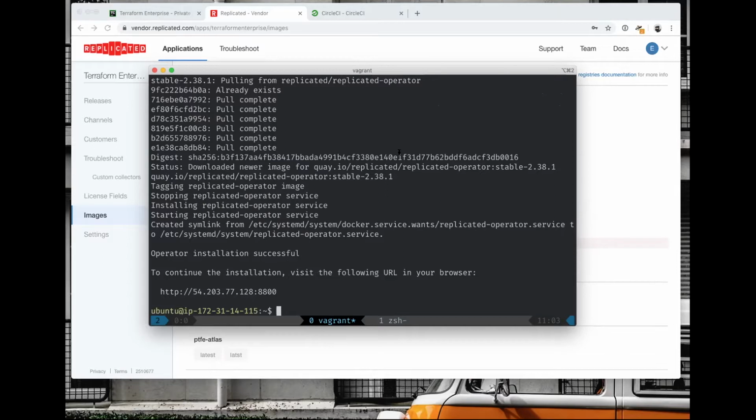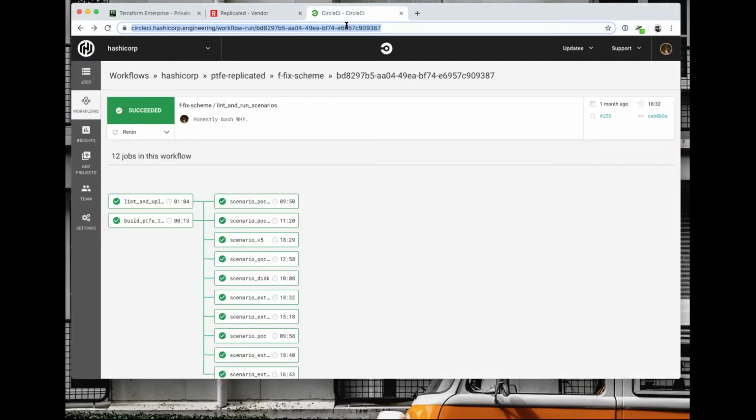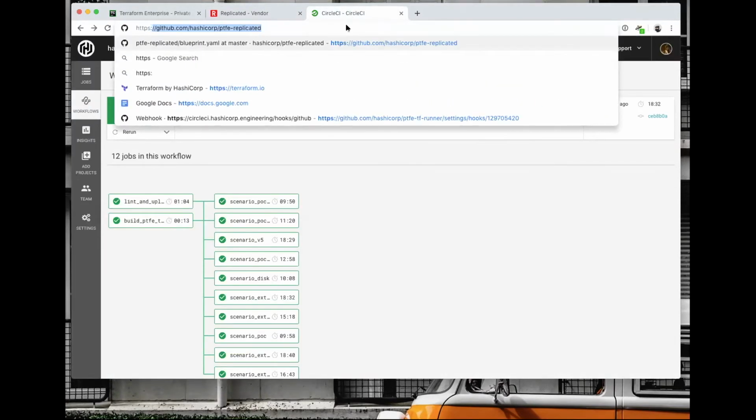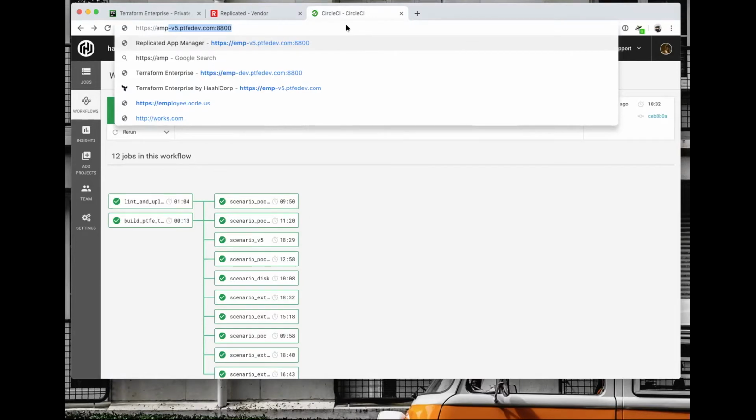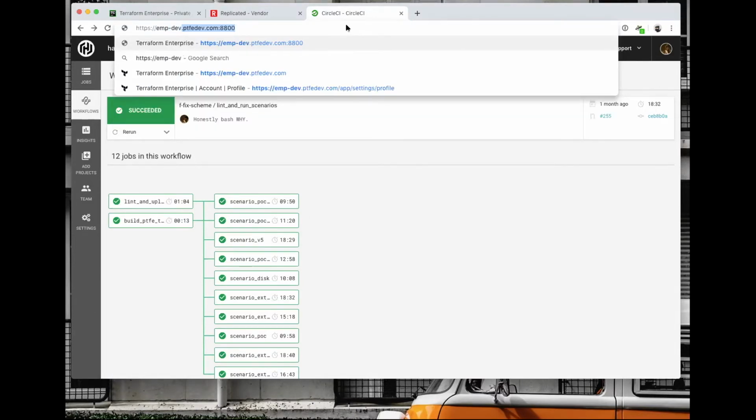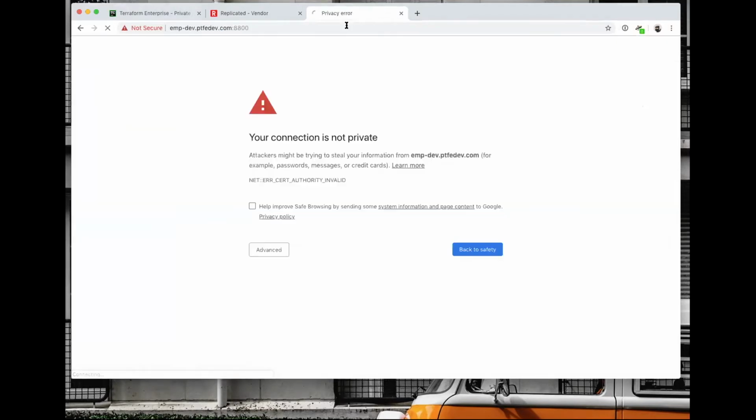We've done all the bits here, so the rest of this demo is actually not even in the shell. Once we've done all this work, we can just jump over and do the rest of it in the actual browser. So if it will let me click. There we go. In this particular case, I already have it set up with a host name and all that kind of stuff, just to make this slightly easier on myself. Actually, let's go to the non-HTTPS one for a moment, just so that people can see what that looks like. I bet Chrome redirects you now, though. Oh, there it is. It didn't.